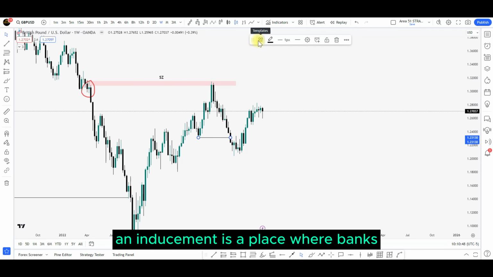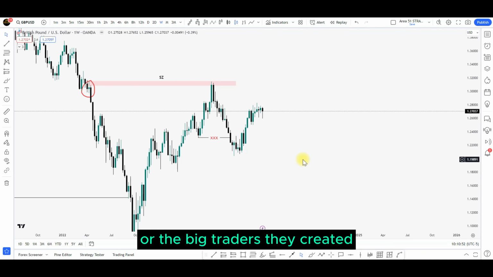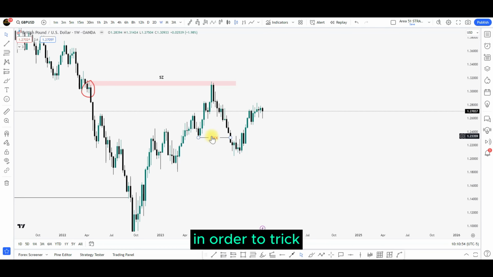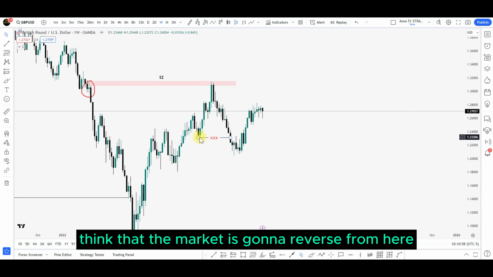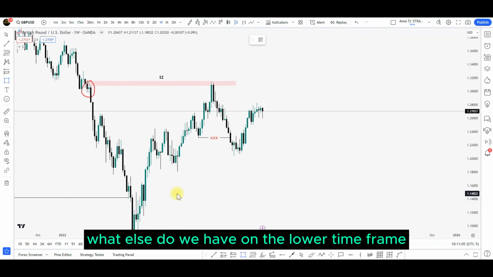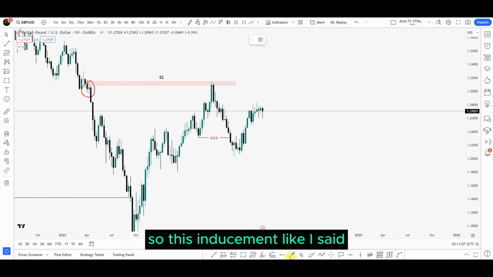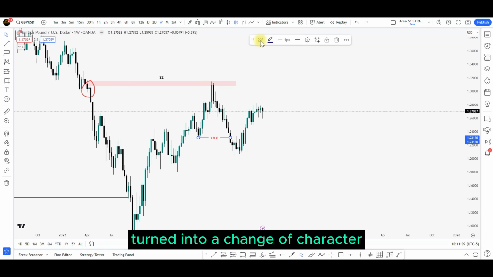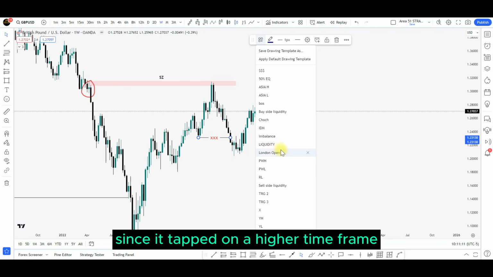An inducement is a place where banks, or the institutions or the big traders, create it in order to trick the traders into thinking that the market is going to reverse from here, but they're going to drive through it and then reverse right after that. What else do we have on the lower time frame? So this inducement, like I said, turned into a change of character since it tapped on a higher time frame